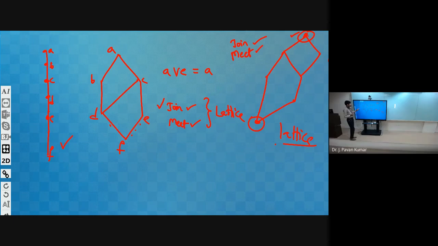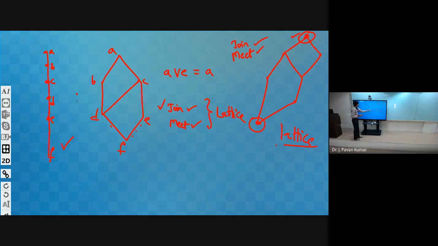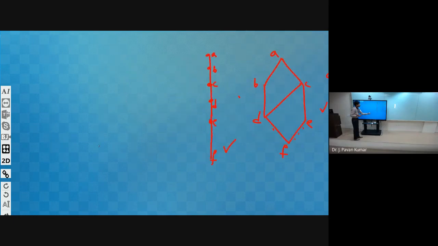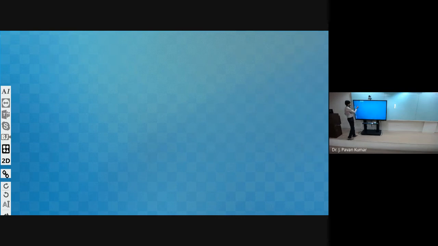So this is meant by lattice. Let us consider we are having a set A. A can consist of several elements like A, B, C, and S is nothing but a power set of A, and R is defined on S as subset or equal to. This particular one is poset or not? S comma subset or equal to is poset or not?